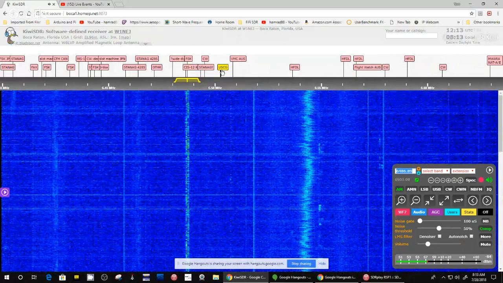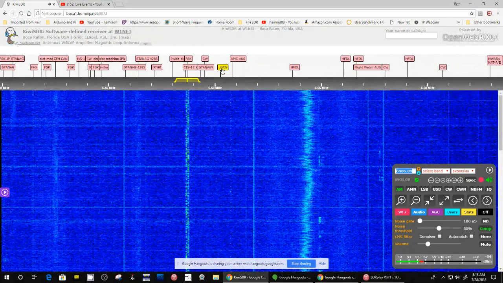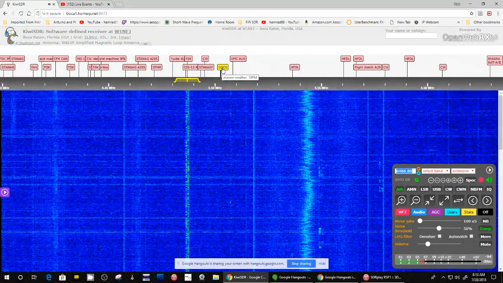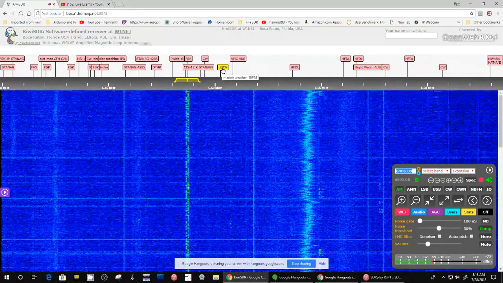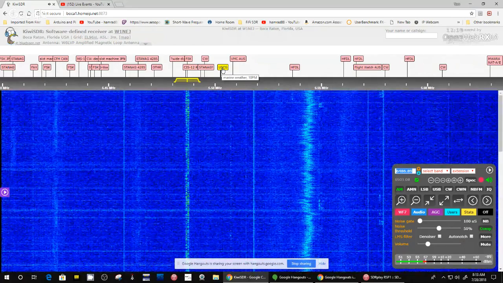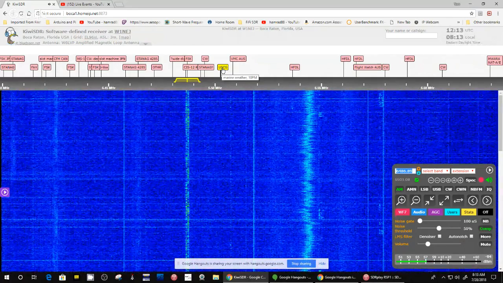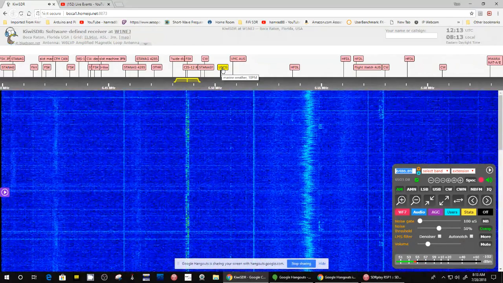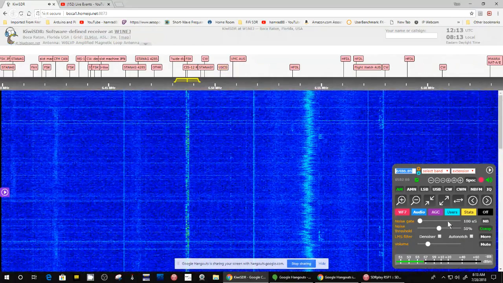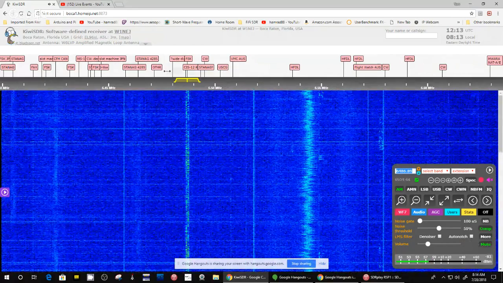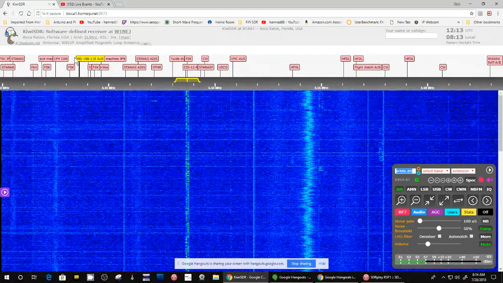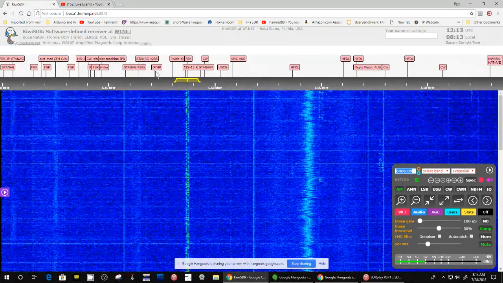Now here's a U.S. Coast Guard station. Don't know where. It says 10 p.m. So I guess that's when they broadcast. Well, it's not 10 p.m., at least not here. It is actually 8:13. Let's mute this and see what's up here. See, that's the beauty of this. You can look and see what other things have been found.